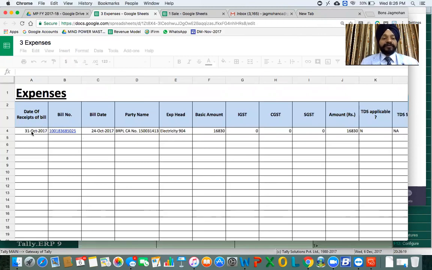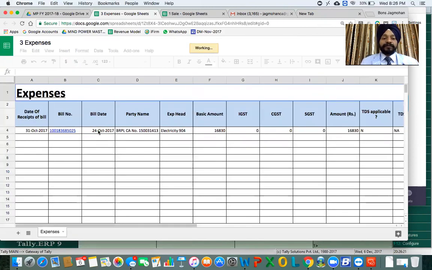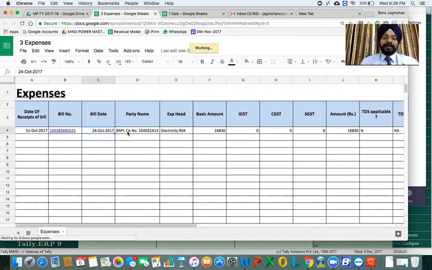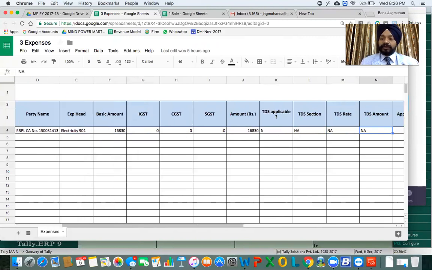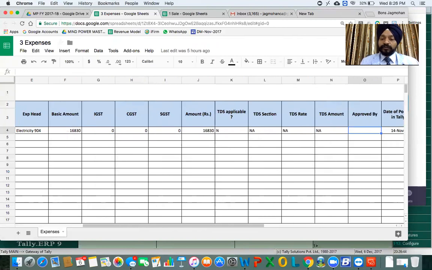Date of expense bill was 31st October. Bill number was this. Bill date was 24th October. Party name was, I showed you, the electricity bill, DRPL bill. Expense head was electricity 904. Basic amount was 16,830. No IGST, no CGST, no SGST. Total amount was 16,830. Whether TDS is applicable? No. Whether TDS section applicable? Not applicable. TDS rate is not applicable. TDS amount is 0. This will ensure that TDS, wherever it is required to be deducted, has been